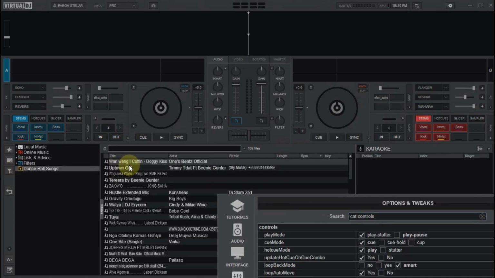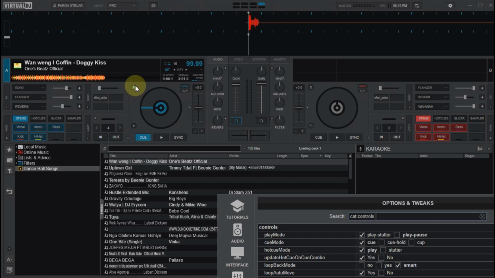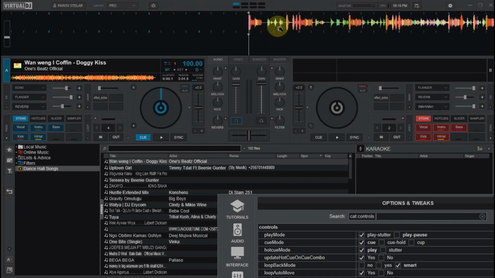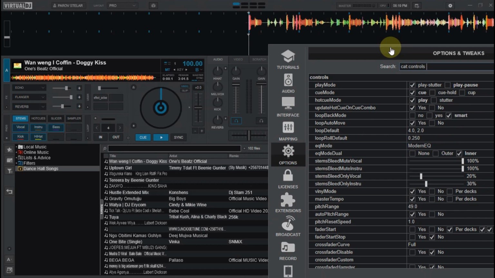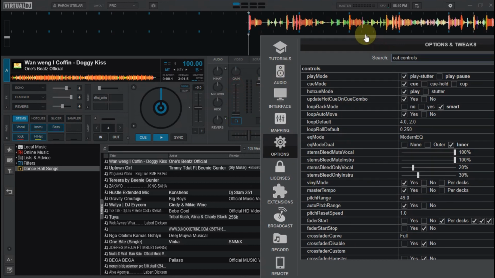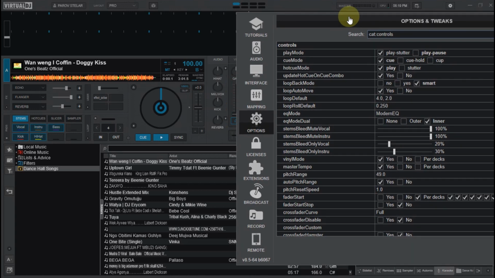I will not play it, but let me say this is your track already, and you want your track to be played. So here, when you leave your Q mode on, Q means that